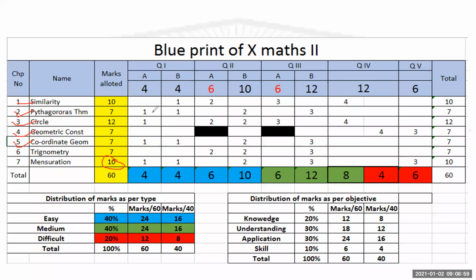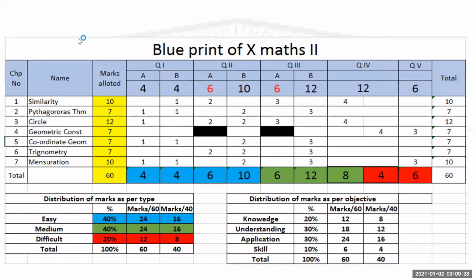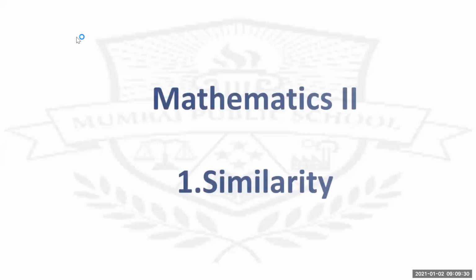Instead of mensuration for this year, this question may go here in similarity. I'm just telling you the probability. I don't know how they are going to set the question paper, but this may be the probability. So based on this, you can get a rough idea regarding how your question papers, or the questions from which topics, may be asked. So let's move ahead to the next part.